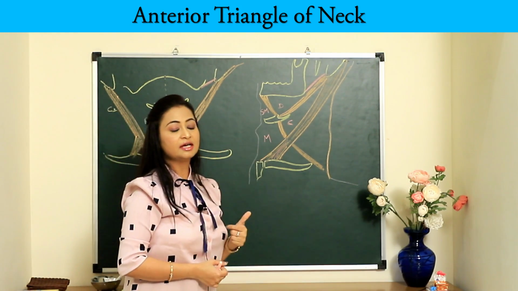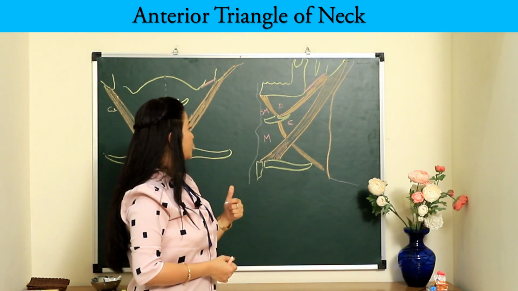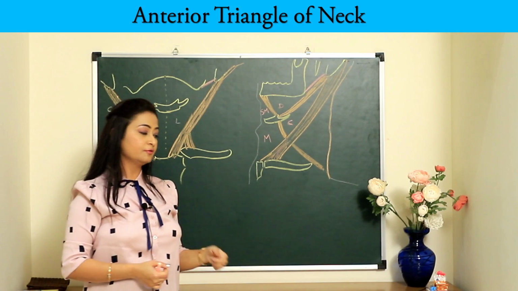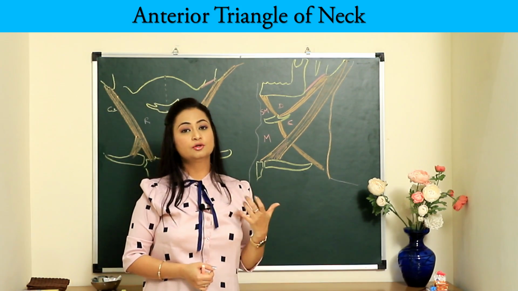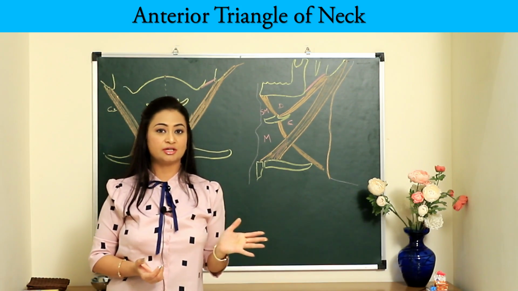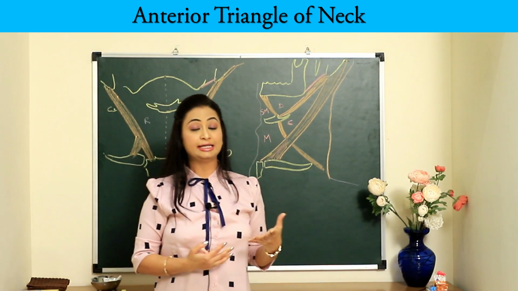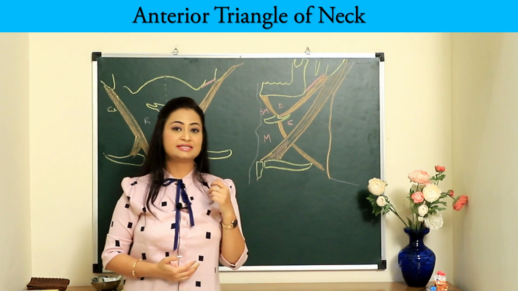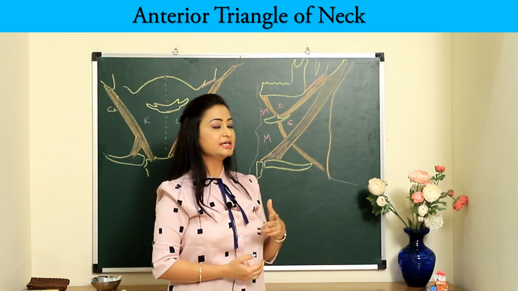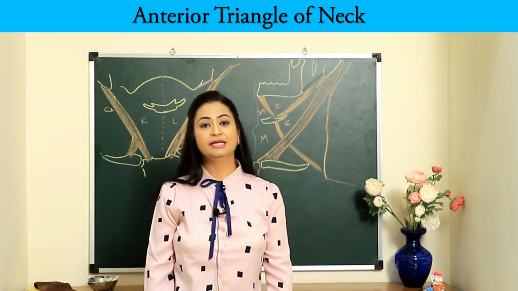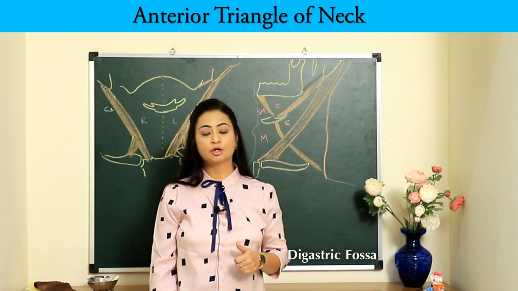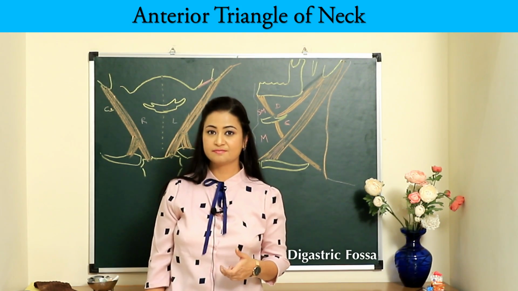So having understood these subdivisions, I'll talk about the digastric triangle in detail, but before we go there, I want to tell you a little about the digastric muscle. Okay, it deserves special attention. After all, there is a whole triangle dedicated to it. All right. So this digastric, di means two, gastric means bellies. It has two bellies. So one is the anterior belly, which arises from the digastric fossa on the lower border of the mandible near the symphysis menti.